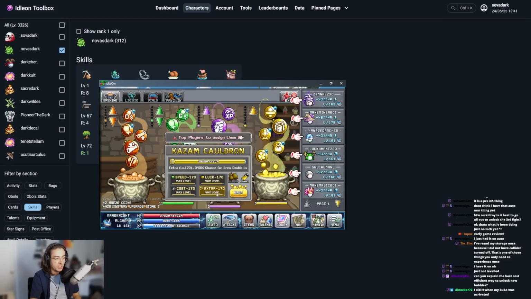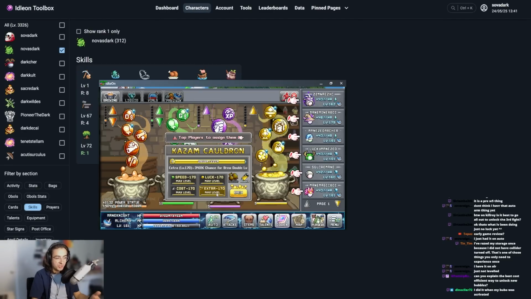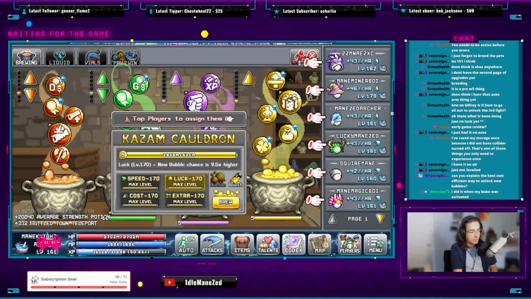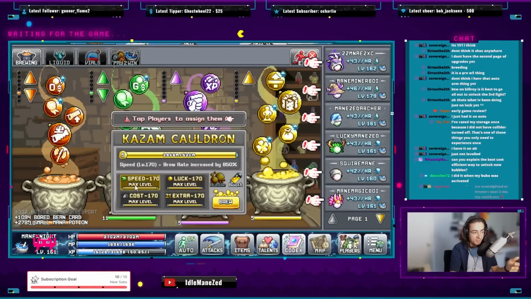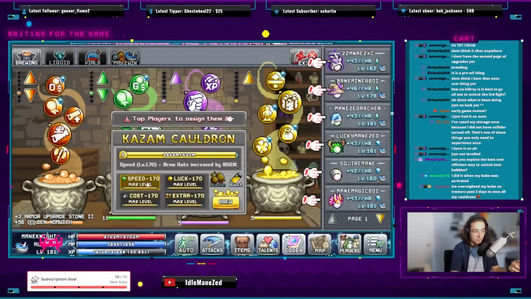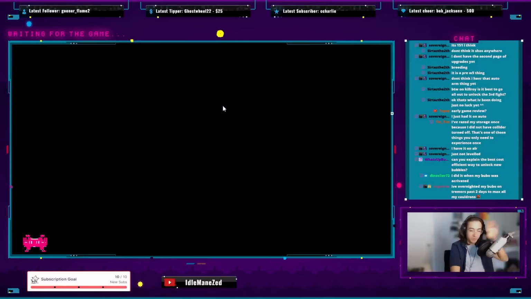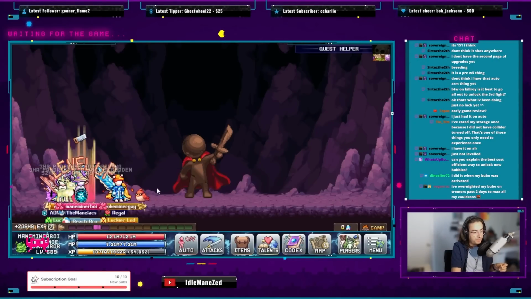So I'd recommend trying to upgrade the extra here. This extra will help level up these boosts here. The next thing you want to do is probably leveling up luck. Speed will help increase the brew speed so you get more of the liquid. The other thing you want to make sure of is when you are on Bubo,